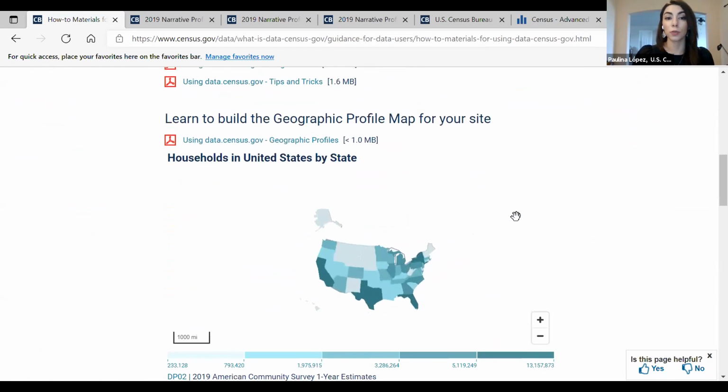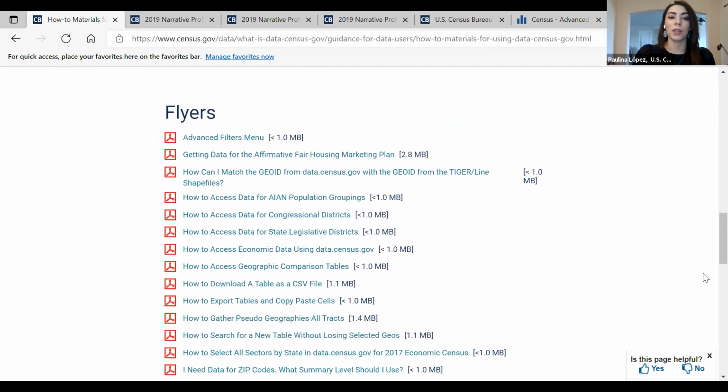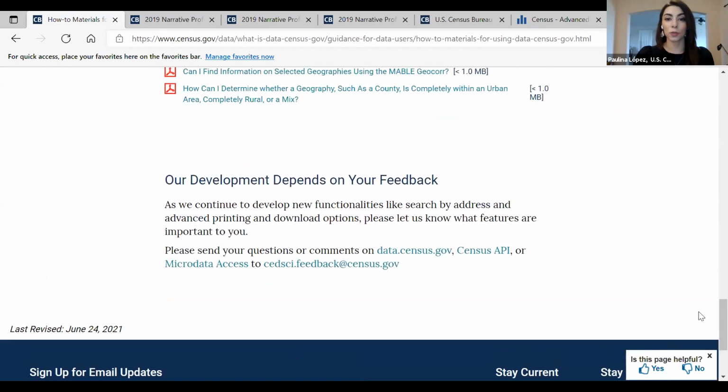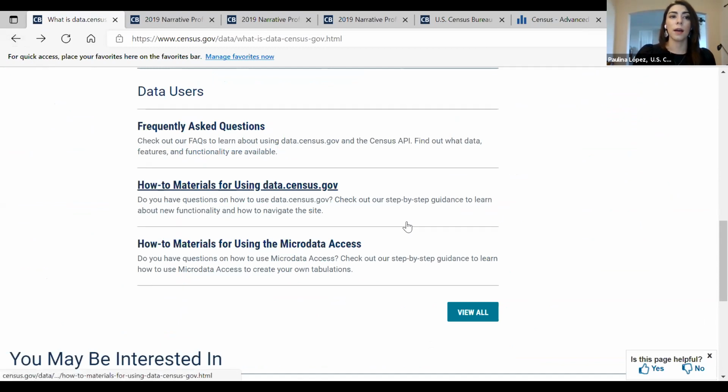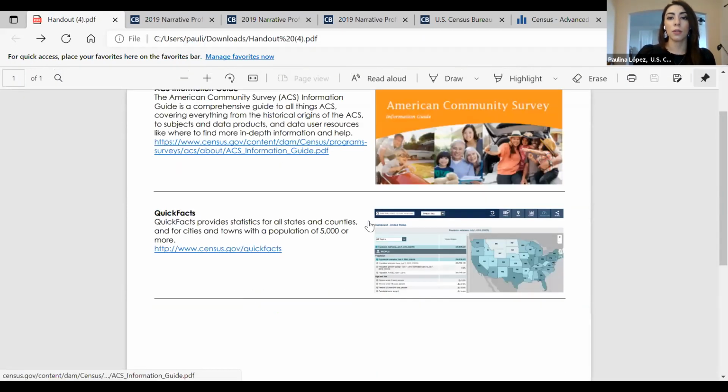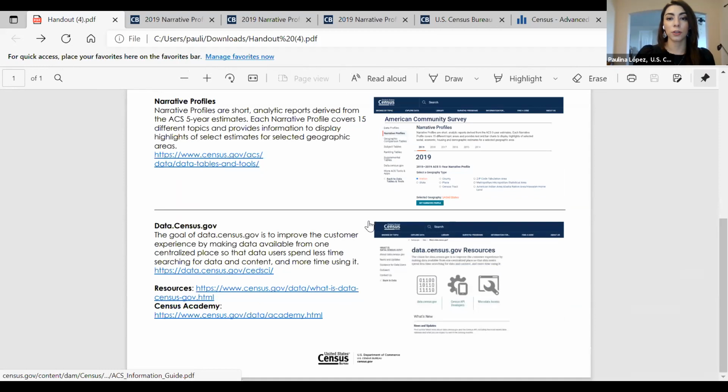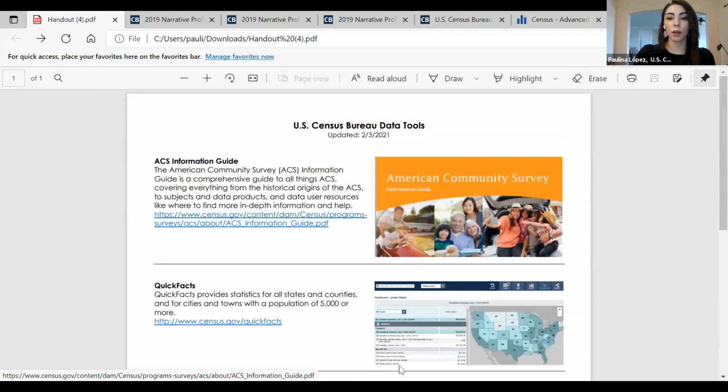Some people are more visual that way. So these are just more resources for you to have available. That has all the websites for you to navigate, and you can save it on your desktop and have it available there.